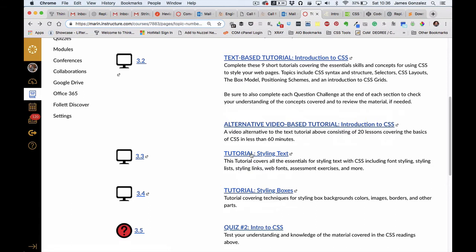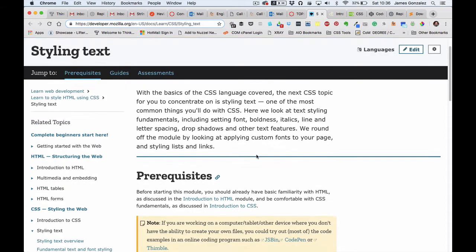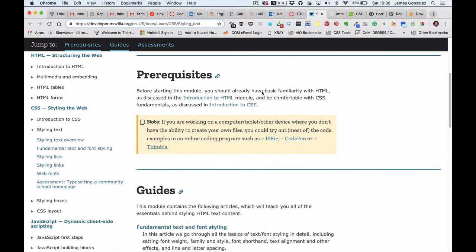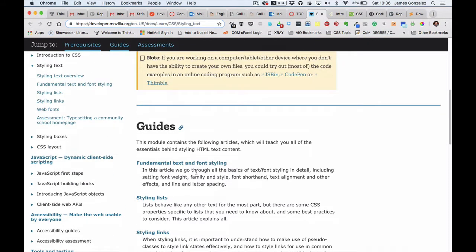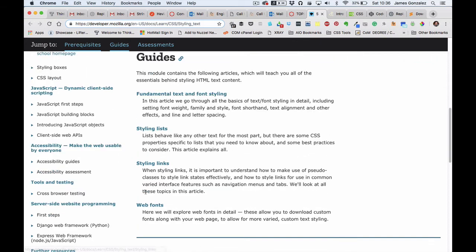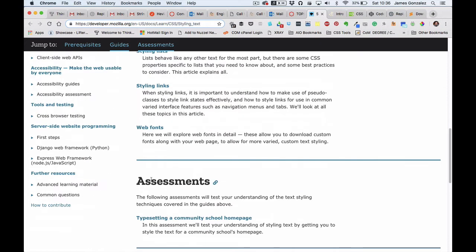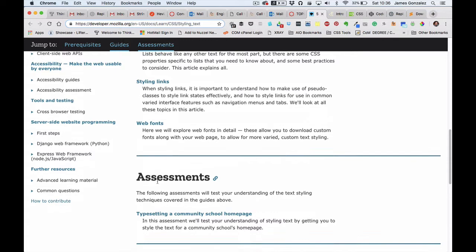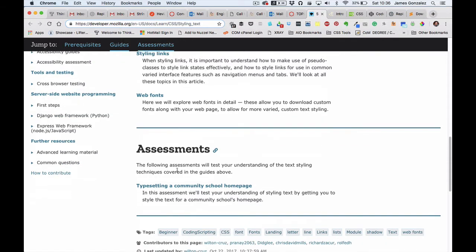And then there's a specific number of tutorials here. The first one is just styling text, and what these are, more interactive. So what you're going to do is read through the prerequisites. You're going to read through all these guides here: fundamentals of text, styling lists, styling links, and web fonts. These are pretty short, but might take you maybe a week. And then get down to the assessment, and what you're going to do, the first